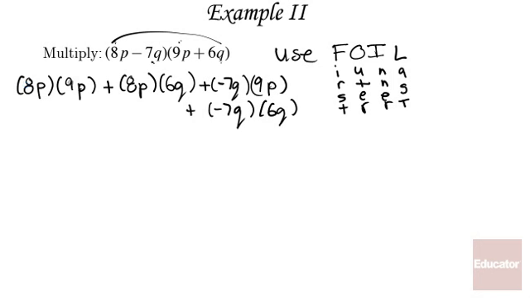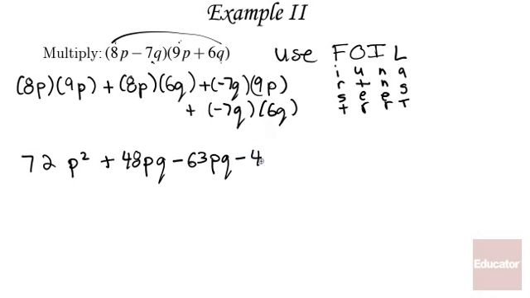Multiplying these out, 8p times 9p is 72p squared, plus 8p times 6q, that's 48pq. Negative 7q times 9p is negative 63pq. And then negative 7q times 6q is going to give me negative 42q squared. Adding the two like terms I have here to further simplify this is going to give me 72p squared minus